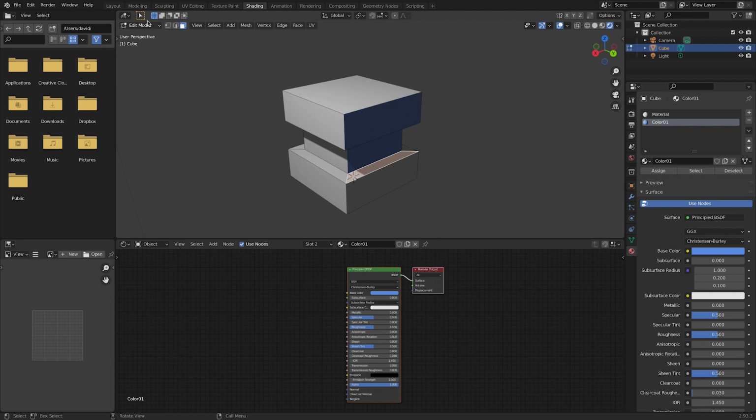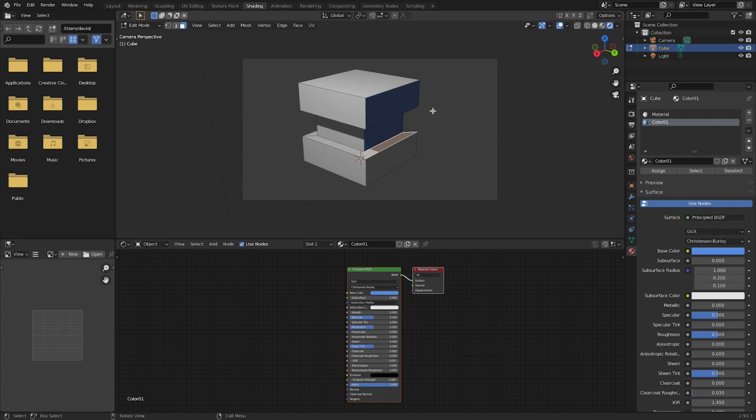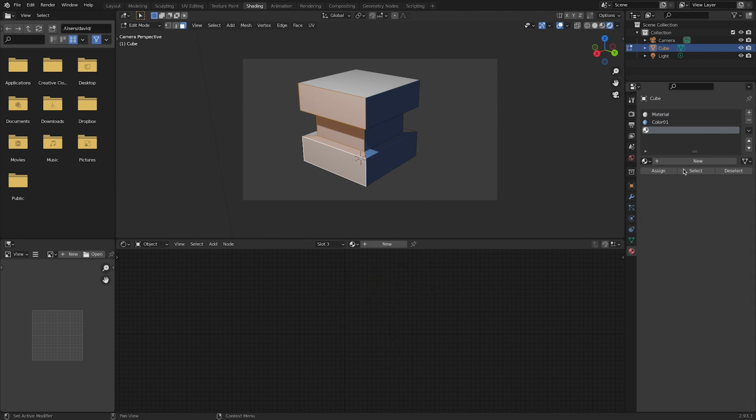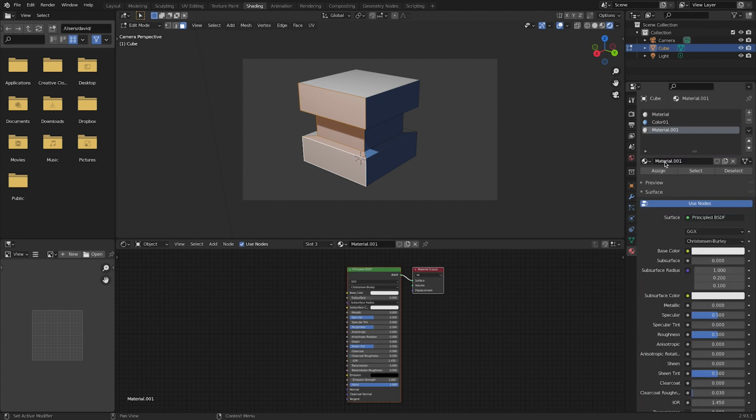Let me see what that looks like in camera mode, because that's what we're going to render out. Assign and assign. Oops. Let's assign this and assign this here as well. Right, so let's do that. Why is it not assigned? Of course, it needs to assign that color. Right, and on this side, maybe we can just select all this stuff, create a new one, new color,